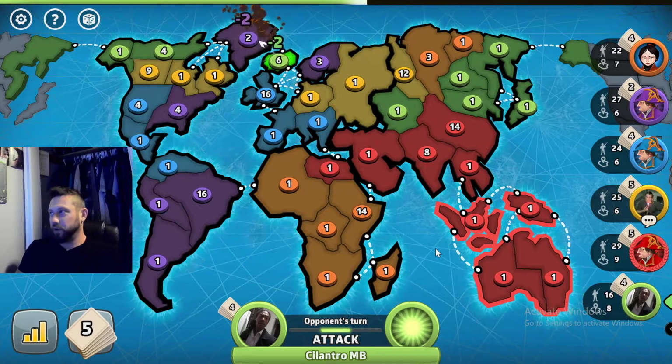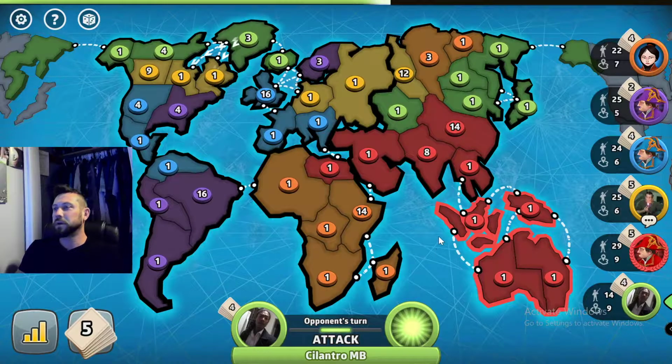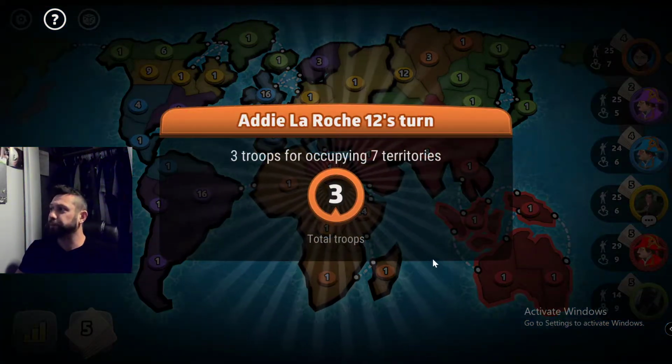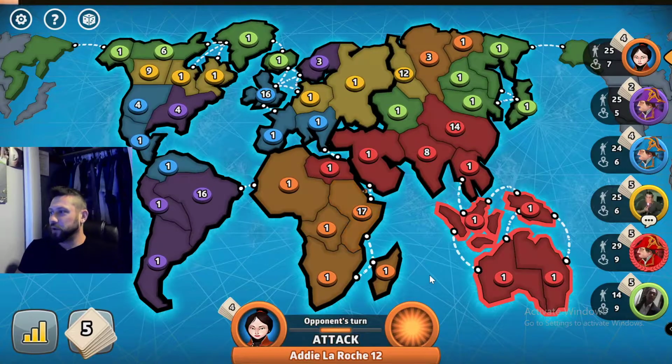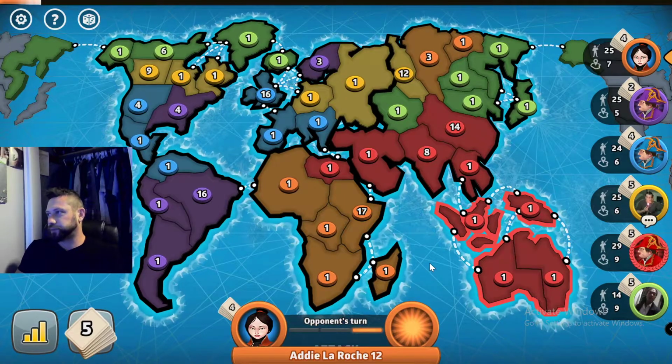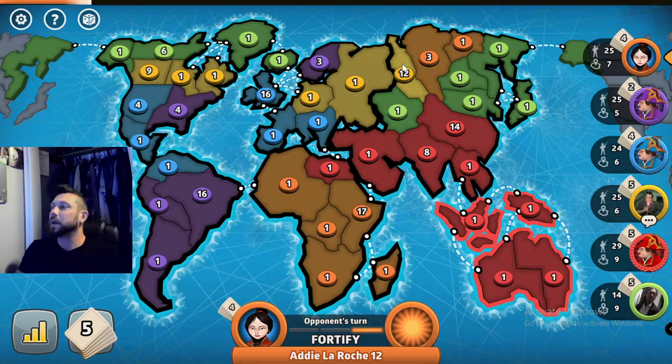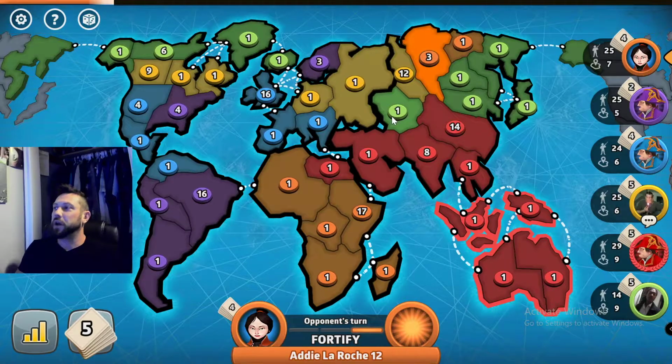Alright, Green unifies. Moves their 4 into their 3, or their 3 into their 4. Yep. Unifies. Okay. I almost want to unify as well, but I don't have to push through that 3 to do it. So what I'm going to do is I'm going to take...